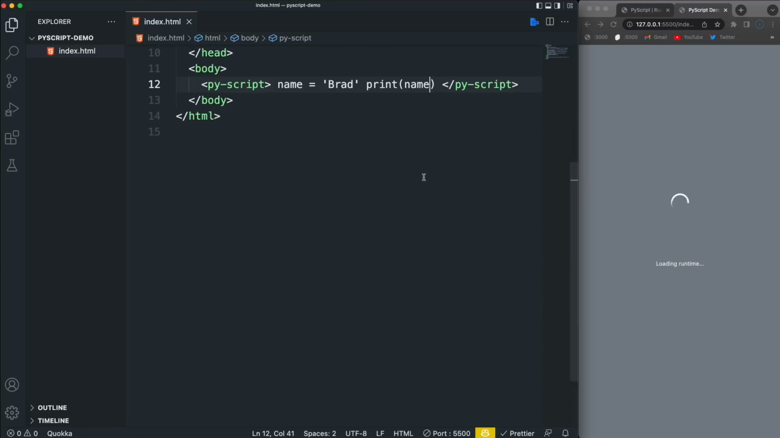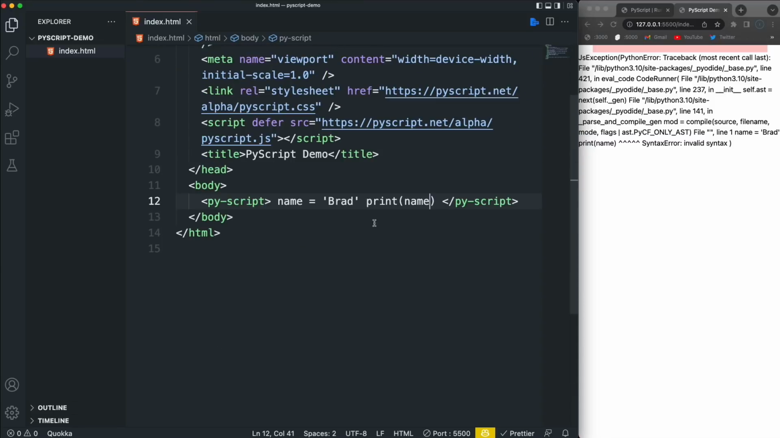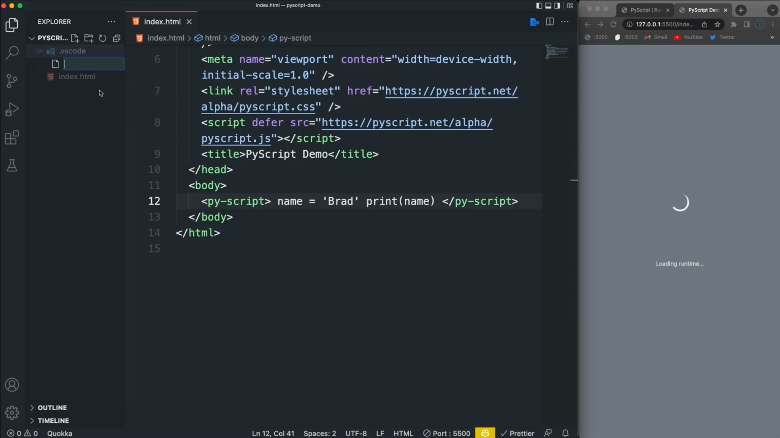Now, I'm going to have an issue when I save, and a lot of you guys might as well. So I have formatOnSave enabled with Prettier, and you can see this is not going to work. Python is very strict with indentation and formatting, so we have to shut that off. And you can do it globally, or you can just create a new folder called .vscode. And then inside here, we can create a file called